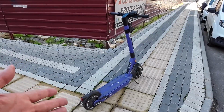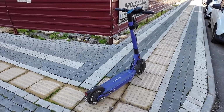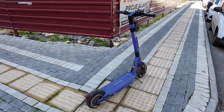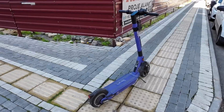Another way to get about town is these little electric scooters. You do need to upload your passport photo though. It's not that difficult to do, and you'll get registered and you can use them around town. Just note where they go, because the fines if you take the bike outside the areas can be quite a lot. It can be like $10 or $20, so make sure that you pay attention to where you ride it,